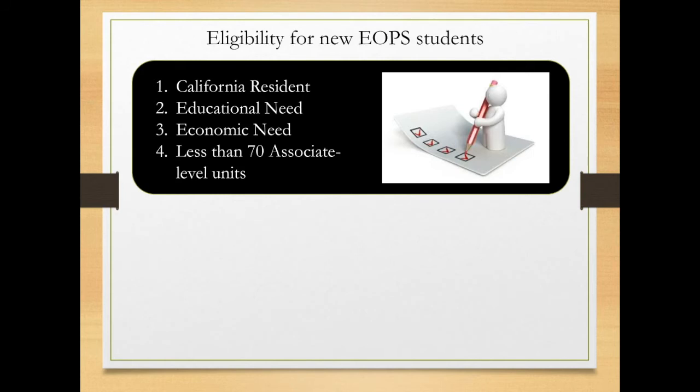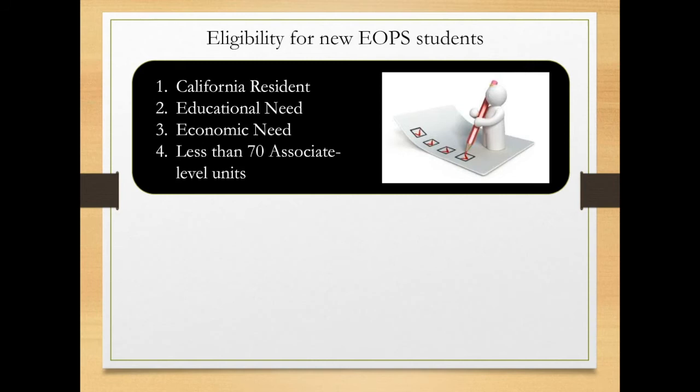So every single community college in California has an EOPS program, but you do have to be a California resident to be eligible. We already know from your application that you have an educational need and an economic need, and that you also have less than 70 associate level units. So that's also a state rule that we can keep you in the program until you hit 70 units. You need 60 units to transfer and 60 units for an associate's degree. So ideally, we're getting you with a very small number of units, and we'll keep you in EOPS until you